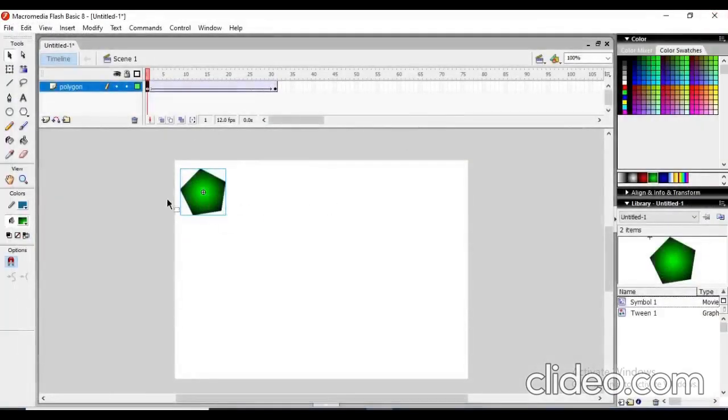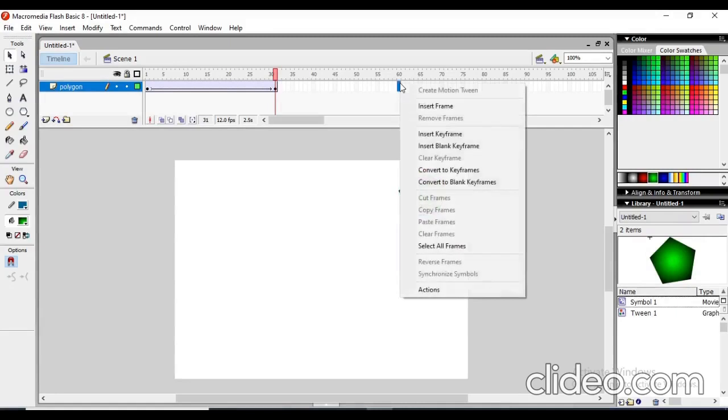Right now, in 30th frame, my shape is here. Now I want to move it more. For example, from here I want to keep it on the downside, so I just click on my 60th frame. It depends on you what frame number you want. Okay, this is frame per second, means once I click on the 60th frame, right click, create motion tween, sorry,